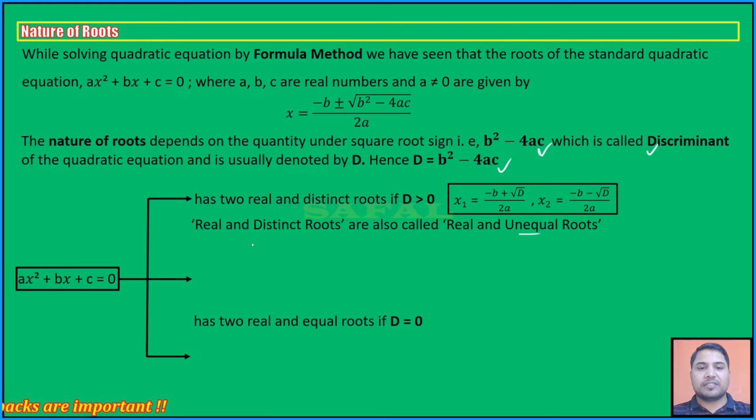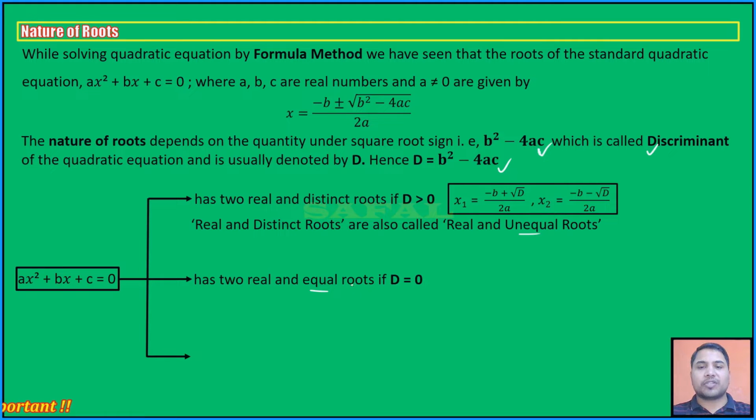Case 2 we have is that the quadratic equation has two real and equal roots. Very important. If D is what? Equal to 0. That means if the quantity under the square root sign becomes 0, then whatever is there after the plus minus sign is 0. And if I add 0 to minus b, or subtract 0 from minus b, it is going to be minus b only. So both the roots are equal to minus b by 2a. So when the discriminant of the quadratic equation is 0, the roots are equal and they are given by the formula